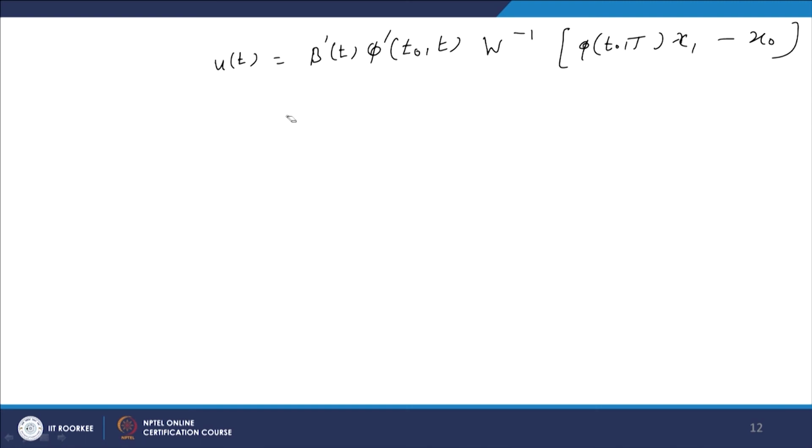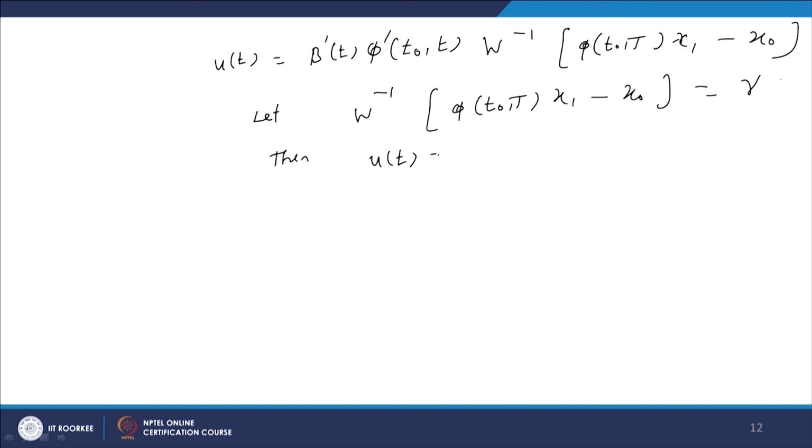If you substitute W inverse multiplied by the vector phi of t0 to t, x1 minus x0, equal to gamma, then u of t is given by b transpose phi transpose into gamma. This is equation 6, but if W is singular,